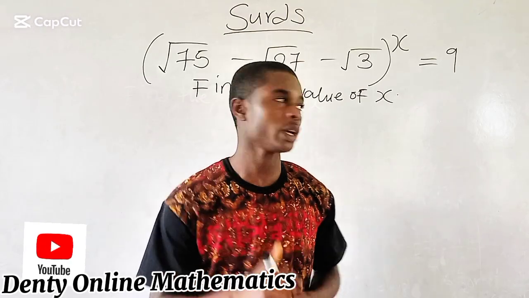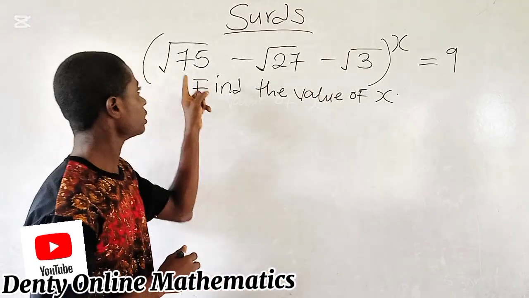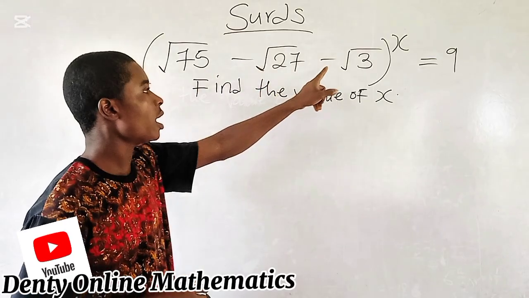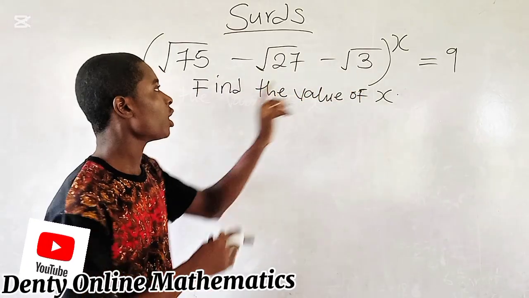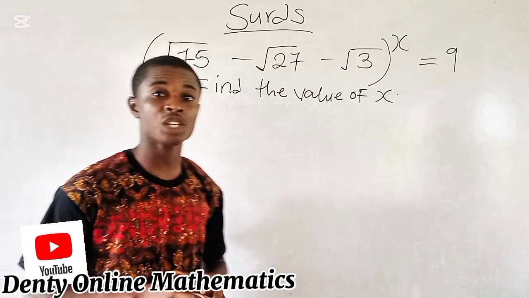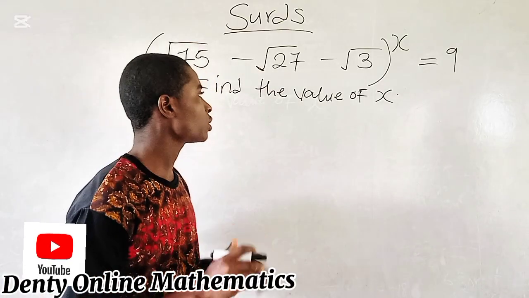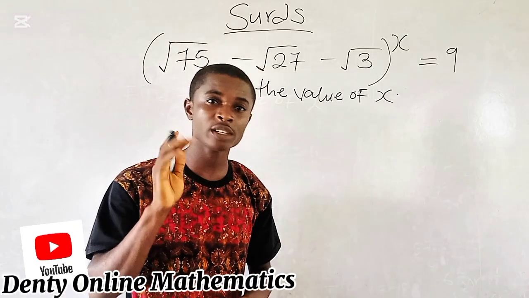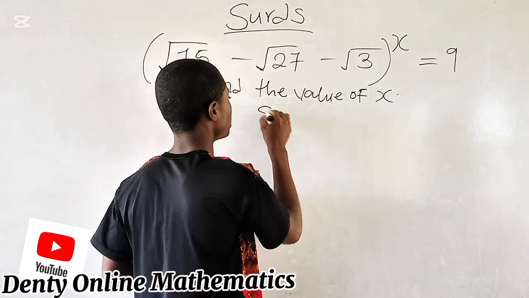Now let's look at what we have here. We are given that (the square root of 75 minus the square root of 27 minus the square root of 3) all raised to the power of x is equal to 9. We are asked to find the value of x. It's very simple. Now here is the solution